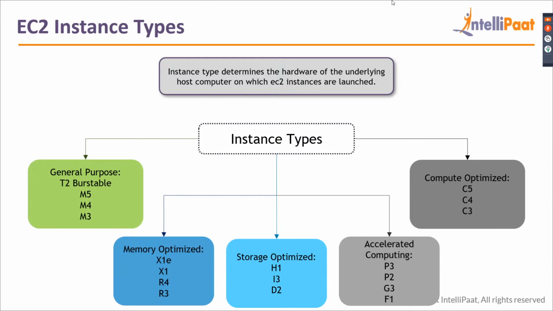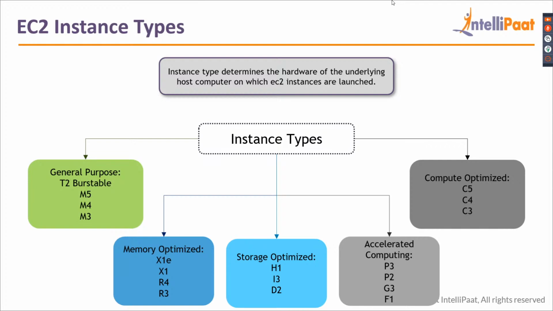So general purpose, you can use it for anything: to host a static website, to host a blog, to just store, let's say, images, or to have a database server, or a web server, or an email server. So you can set up anything you want. Then there is memory optimized. So basically, memory optimized in the sense you can choose servers which have a lot of RAM in them. Storage optimized, there you can take up servers which have a lot of storage capacity and can handle a lot